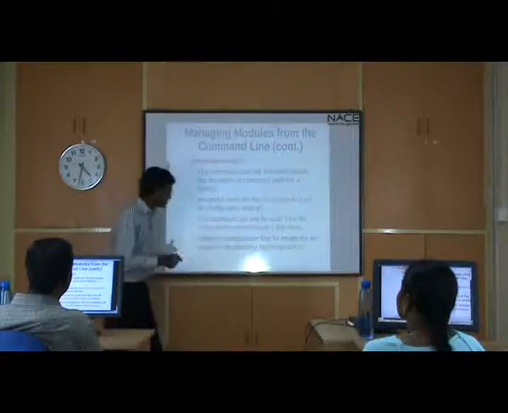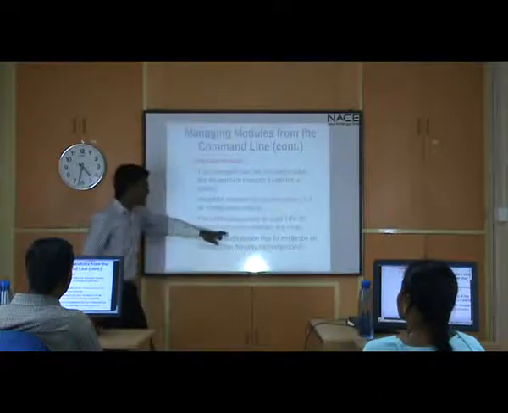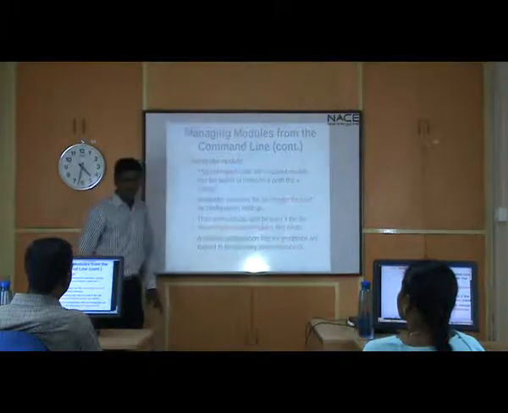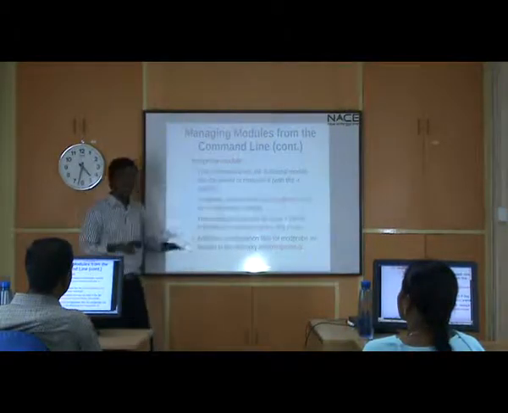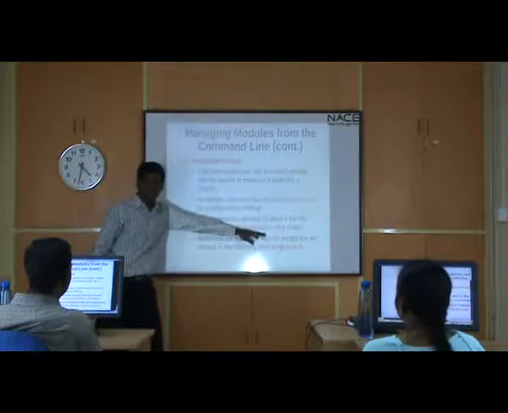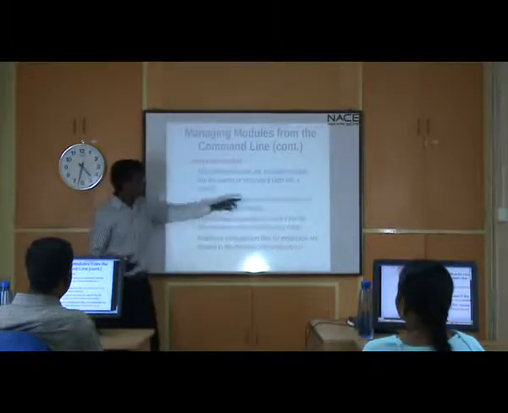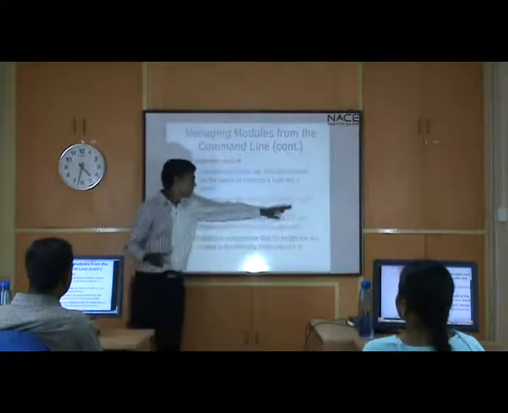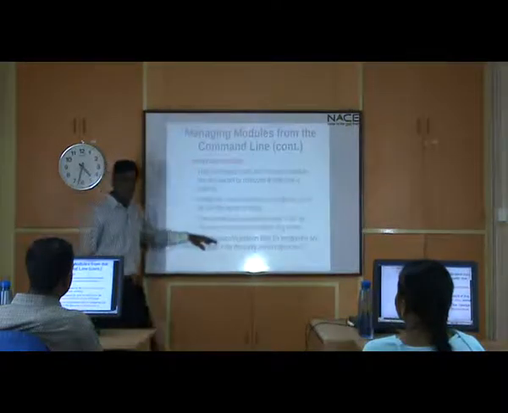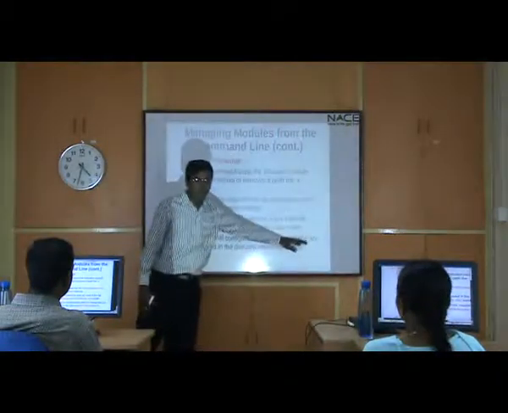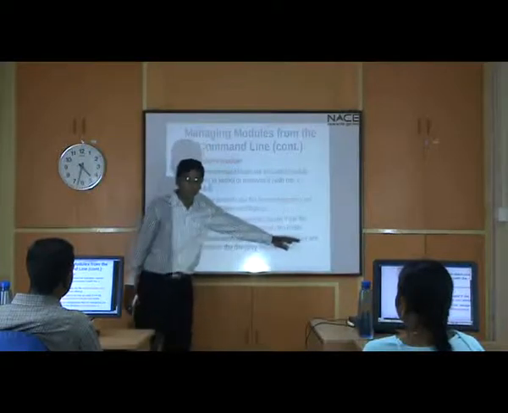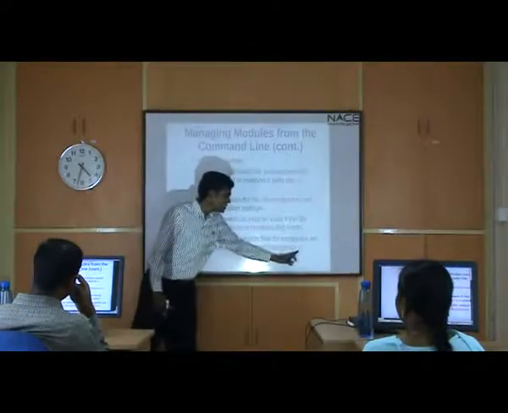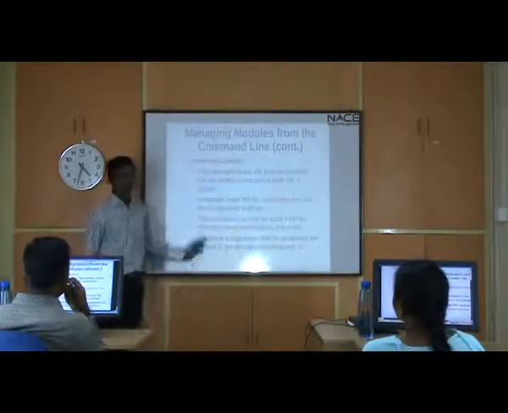How does that happen? Because there is a file under /lib/modules, the kernel version number, and something called modules.dep. This file stores the whole database about the dependencies. So what happens whenever I type modprobe? The file /etc/modprobe.conf gets read, and if there is any configuration, it will change. Then modules.dep gets read; it will check this file for any dependencies, and it will resolve them automatically. Plus we have additional configuration files stored in /etc/modprobe.d. It will also check that.